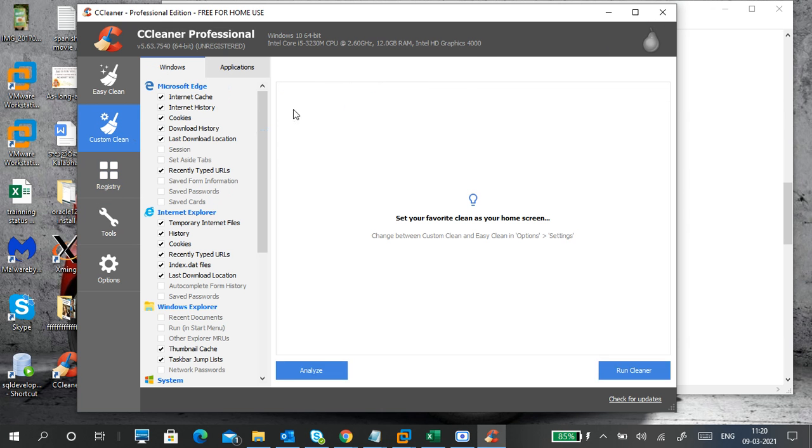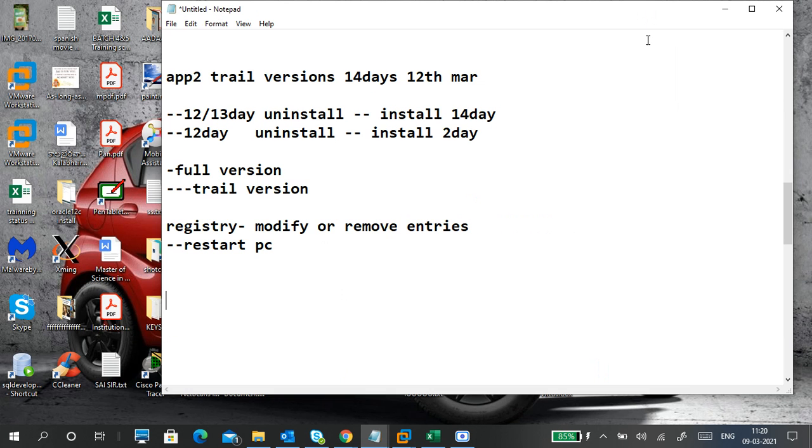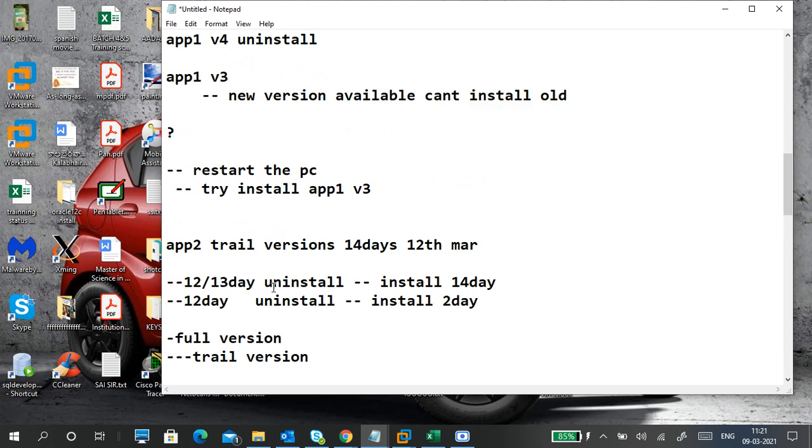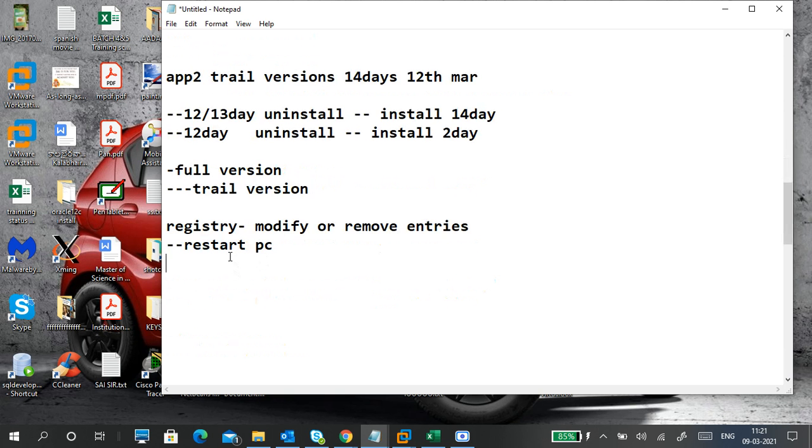After that, clean your PC and restart your PC. After that, restart your PC, and then these things will work again. These problems will be solved for personal purposes. This is CC Cleaner, I am telling, for personal purposes. If you are working in an organization, don't use CC Cleaner. Third party tools are not allowed unless you take permission from your team lead, project manager or administrator.